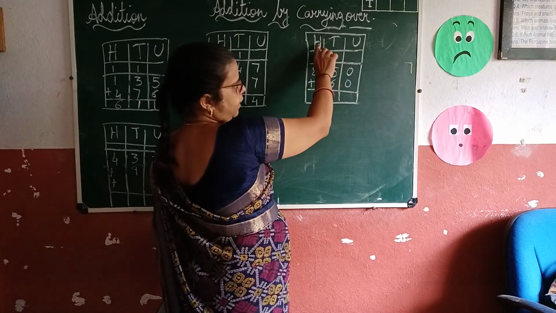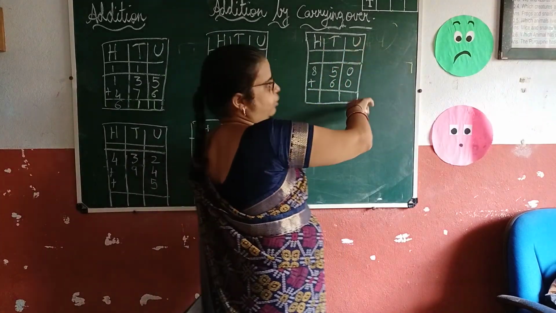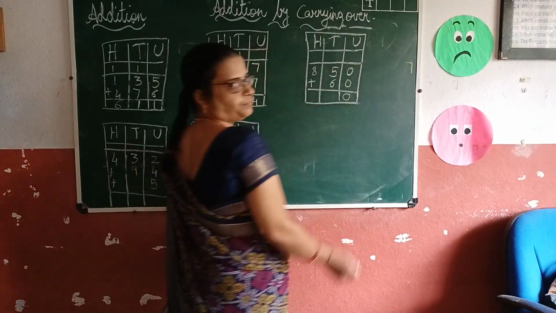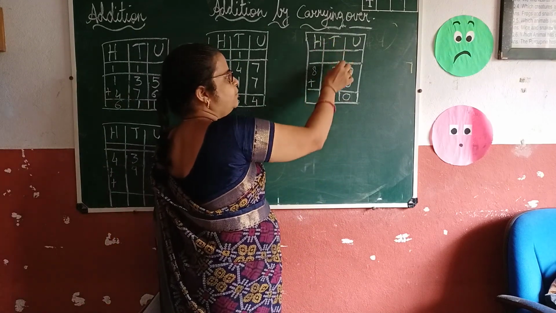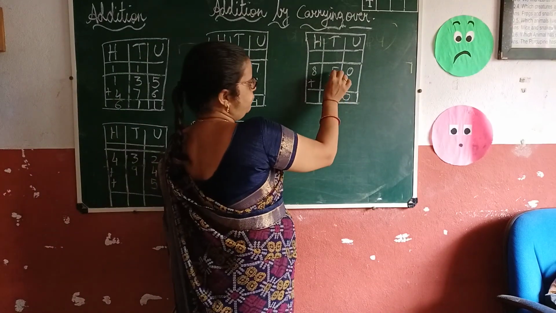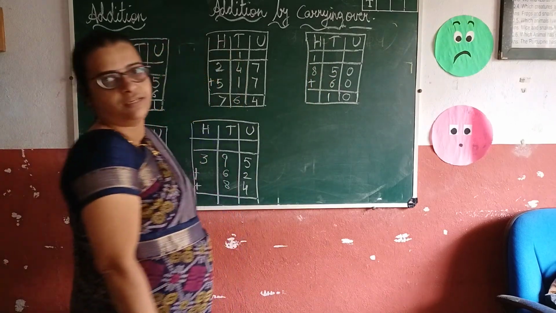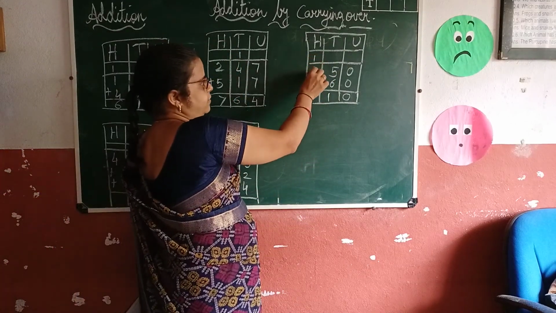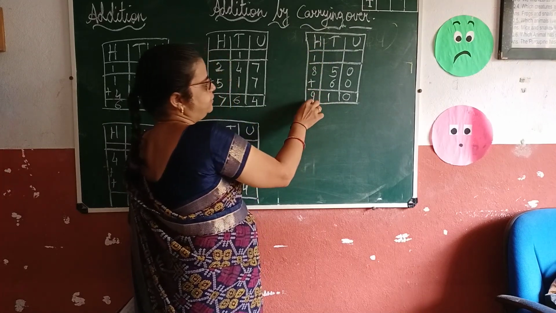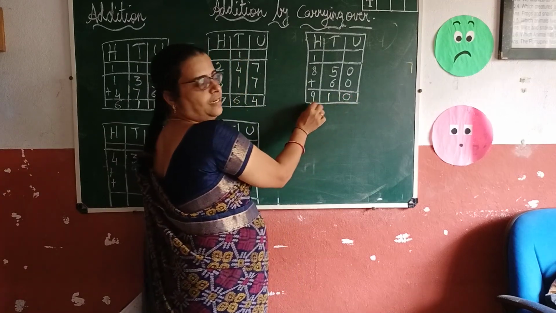So look here, hundreds, tens, units. While adding, first we are adding the units column. So 0 plus 0. What will be the answer? 0. Then in the tens column, 5 tens plus 6 tens. How many students? 5 plus 5 is 10, and 1 is 11. So carry 1 here. In the hundreds column, 1 plus 8. So 100 plus 800 we will get 900. So it is 900, 1 tens, 0 units. So the answer is 910.